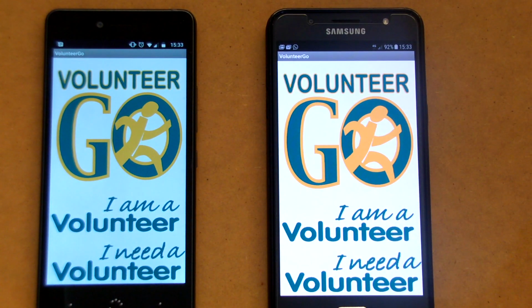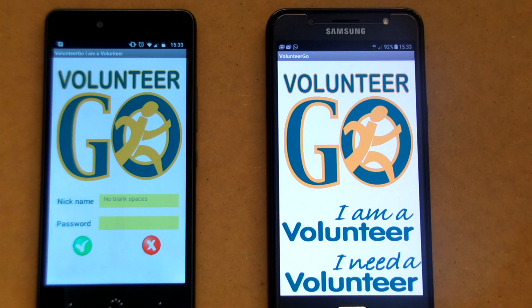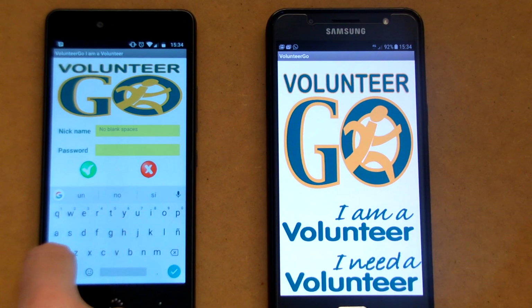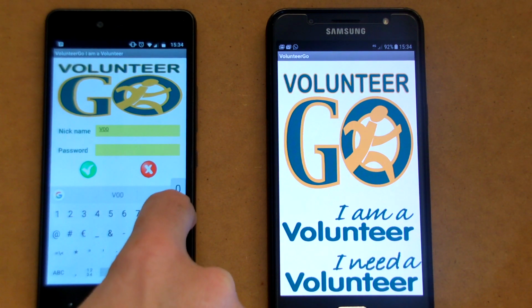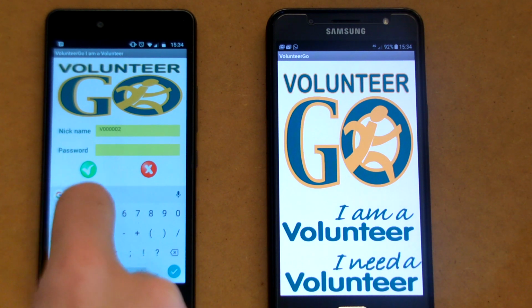You can see we can enter as a volunteer or the person that needs it, depending on who we are. If you are an association, an NGO, you will enter as the person that needs the volunteer. We'll give all of our users a nickname and a password for entering in the VolunteerGo family after all the